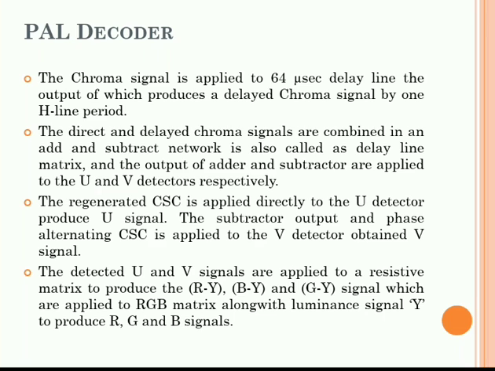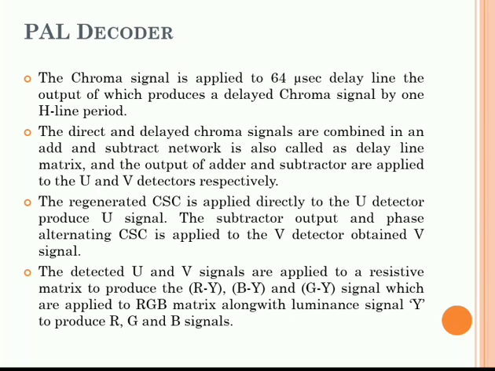In the PAL encoder we have given the RGB signal, then we provided a delay line, then different balanced modulators, and we produce the subcarrier frequency. After passing through the adder or mixer section, we get the composite video signal. That composite video signal we provide as input to the PAL decoder at the receiver side. There the video detector will separate out two signals: one is the Y signal and the second is the chroma signal.